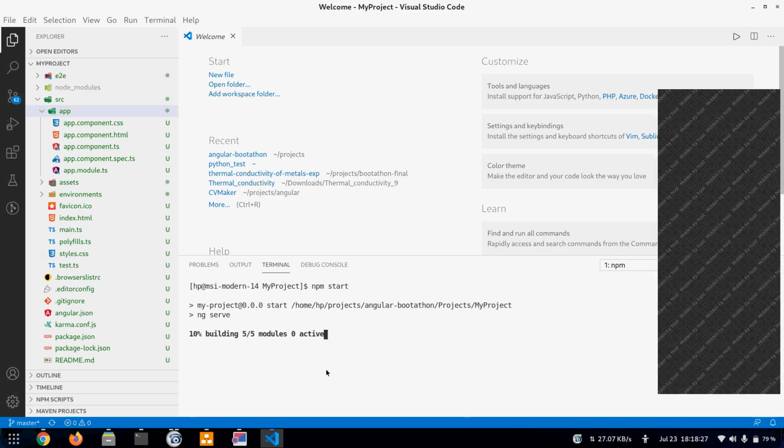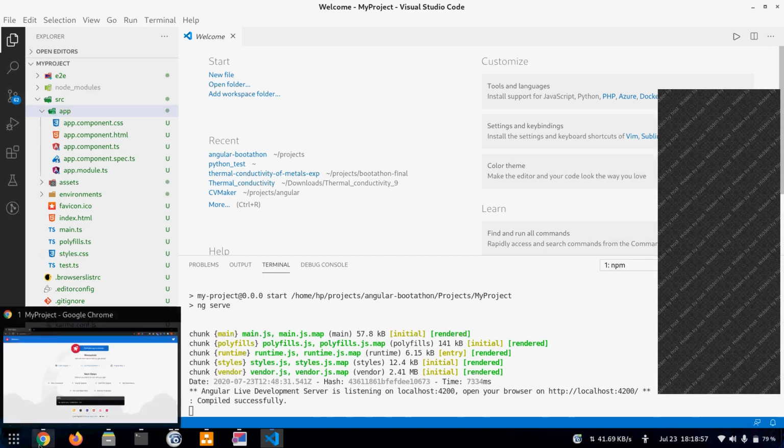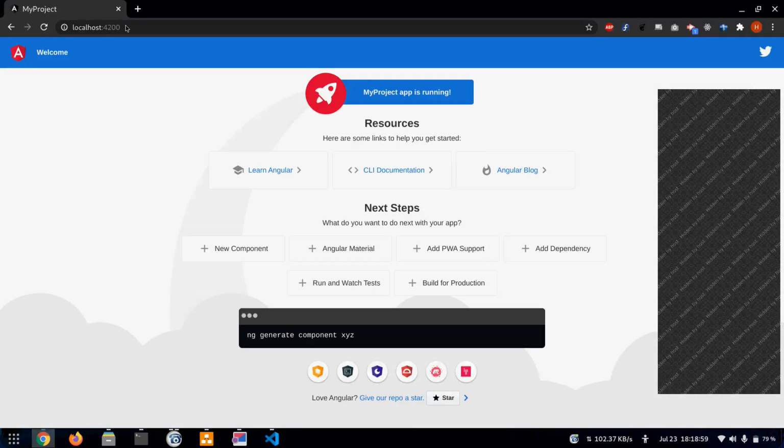Okay. Then it will compile everything, and in the end you will see a message like Angular Live Development Server is listening on localhost 4200. Then you can open any browser and go to this link.